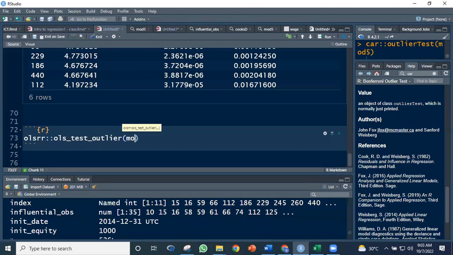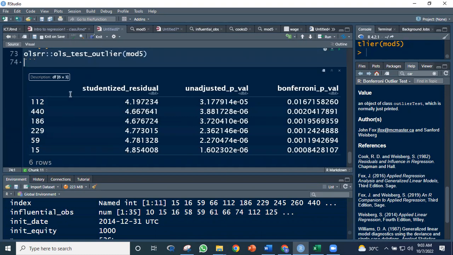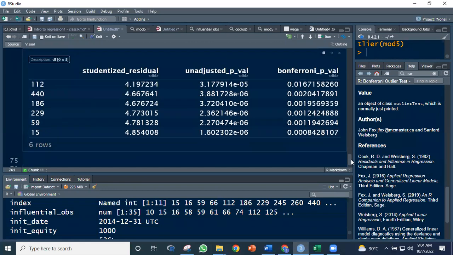And lastly, kasi time na, sorry guys. Ito na lang. We can use the OLS-RR package. All right? So ganun din, ano? Ganun din yung output niya using the OLS-RR. So ito tatlo nga lang, studentized residuals, an adjusted p-value, and the Bonferroni p-value. Okay, so we base it here dun sa Bonferroni p-value since the p-value is less than 0.05. So we reject the null hypothesis na hindi outlier si 112. Outlier to. Outlier tong mga points na to which ang susunod na step niyan, titingnan natin kung influential siya, which is now part of the